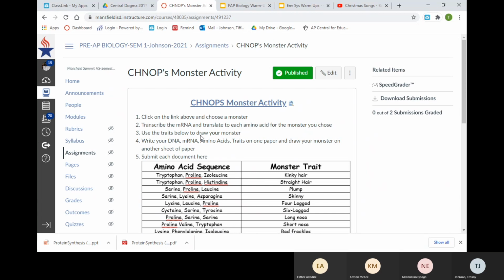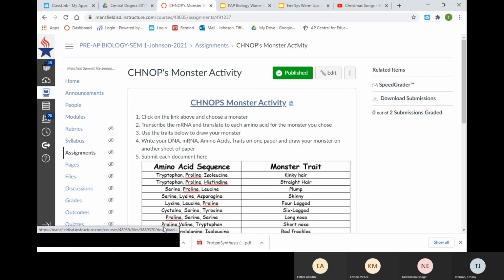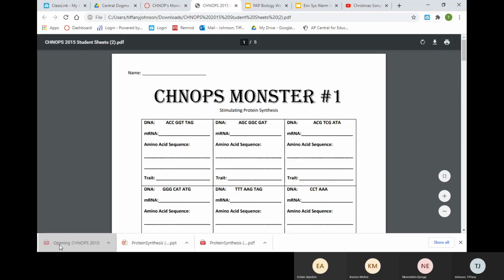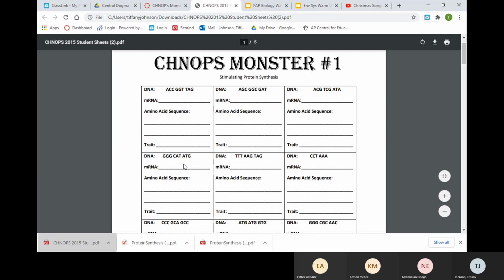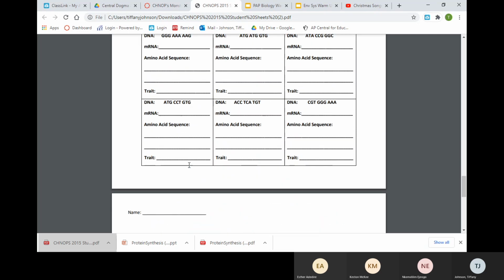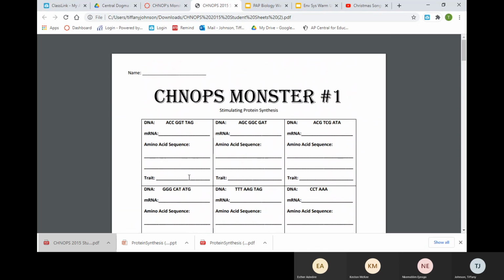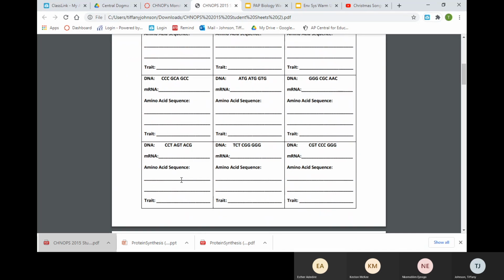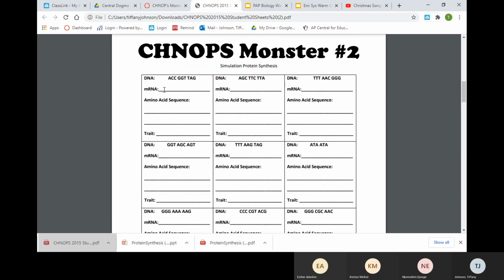So what I want you to do is first you're going to click on that assignment and you're going to pick a monster. So heads up, for homework, you're going to pick a monster. You got 4 monsters to pick from. Nobody cares which one you pick, 1 through 4. So pick a monster. After you pick a monster, you're going to go through and you're going to transcribe its